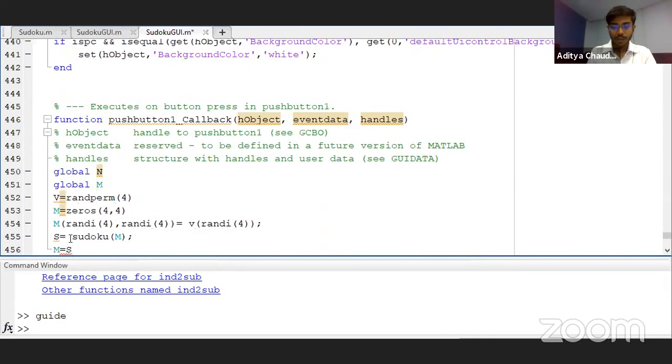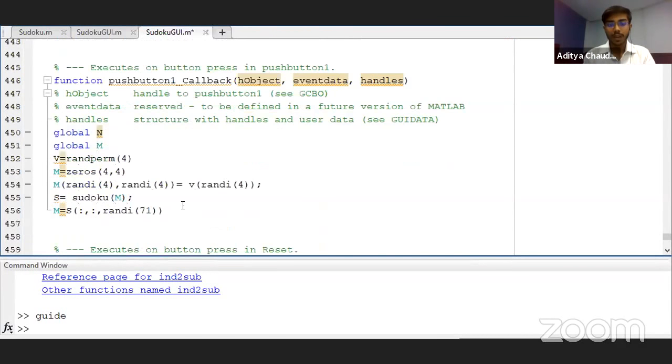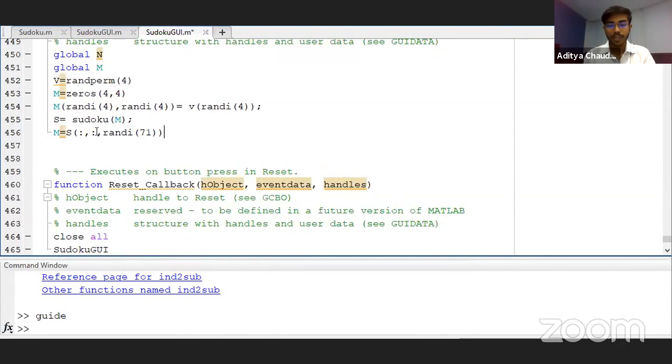It will fetch the data from S matrix. And when we use this function, it will be creating 72 different Sudoku sets, and we have to select a random one out of it. So we'll be using the function random I, which is random integers.